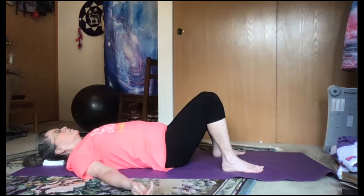right wrist, elbow, shoulder, center of your throat, left shoulder, elbow, wrist, left thumb, second finger, third finger, fourth finger, fifth finger, left wrist, elbow, shoulder, center of your throat, spiritual heart center, right side of your chest, heart center, left side of your chest, heart center, navel center, center of your pelvis, right hip,